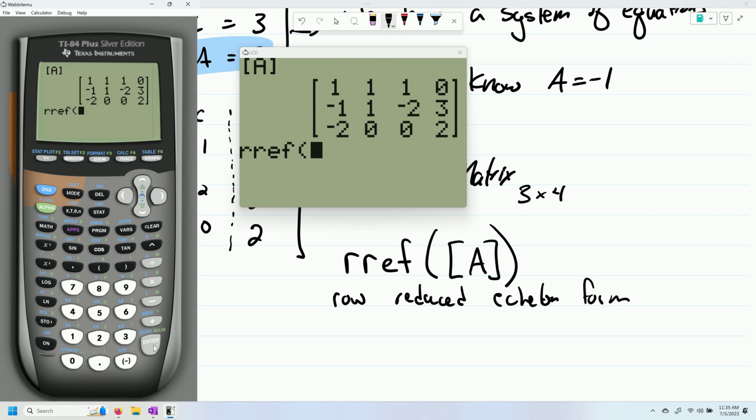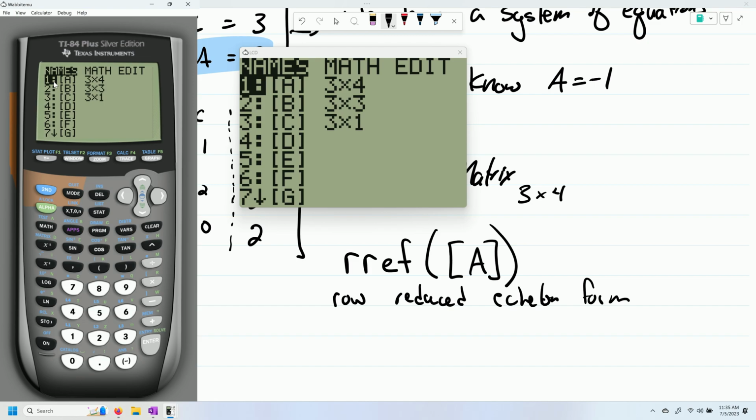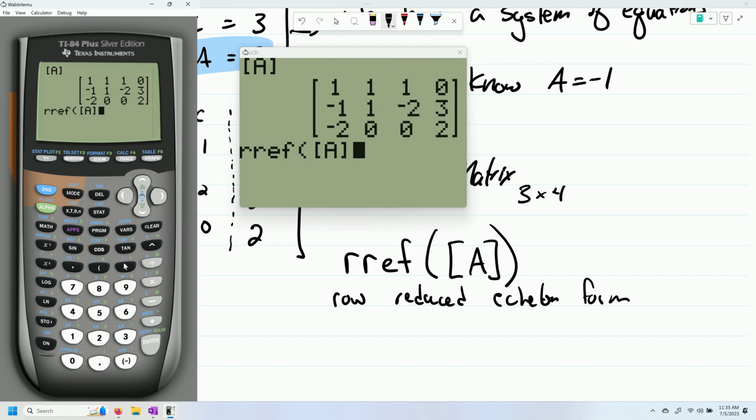So we tell the calculator, okay, do this function. So we hit enter. And then we have to tell the calculator what matrix we want row reduced echelon form. So we go back to the matrix one last time, and we're going to tell it, go ahead and do matrix A. So notice here I have RREF, parenthesis, matrix A in brackets, and the parenthesis, just like what I have written directly underneath in the middle of your page. And as soon as I hit enter,